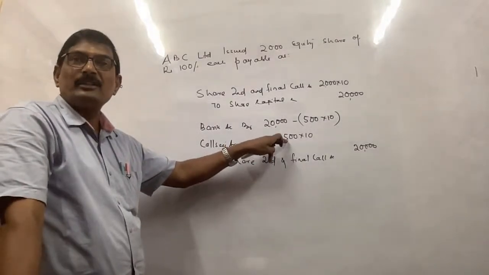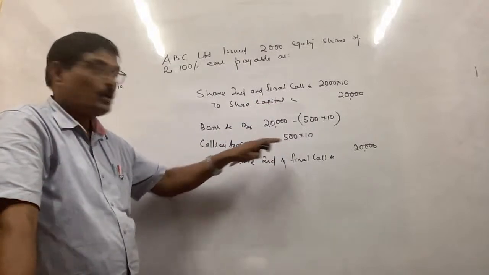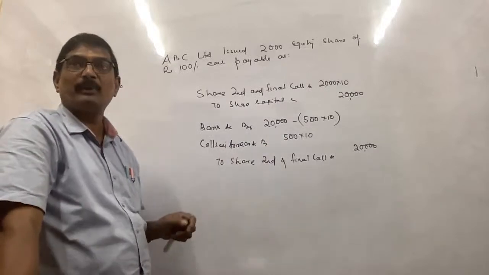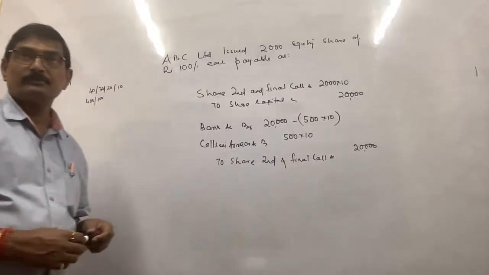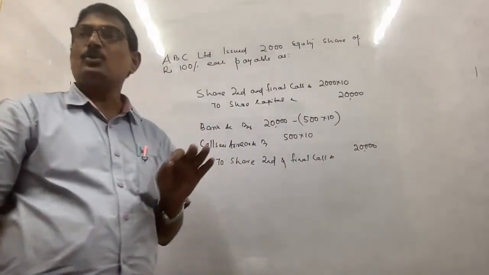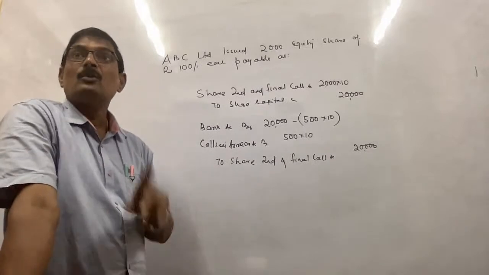Holder of 400 shares, they have not paid the allotment, implied that they have not paid the calls. Holder of 100 shares, they have not paid the first call, implied that they have not paid the second call. Okay? And calls in arrear will be shown as deduction from subscribed but not fully paid up while preparing the